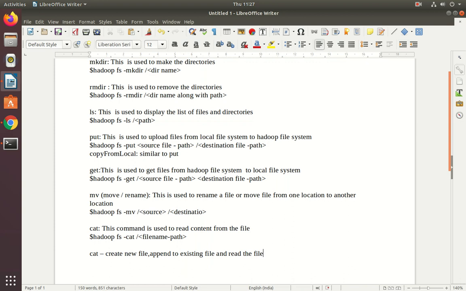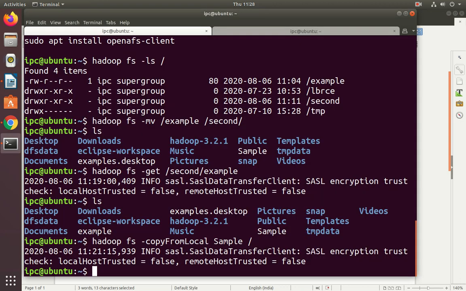These are the operations performed by the cat command in the Linux environment. We can create a new file, append some content to an existing file, and read the file. See, let us see. See here, for example, I want to create a new file by using the single greater than symbol.